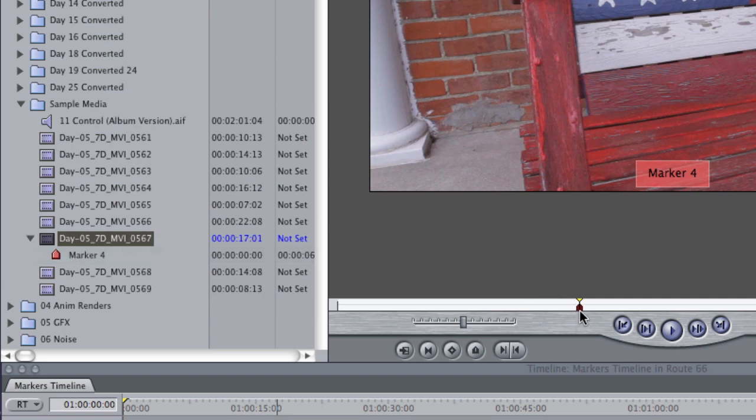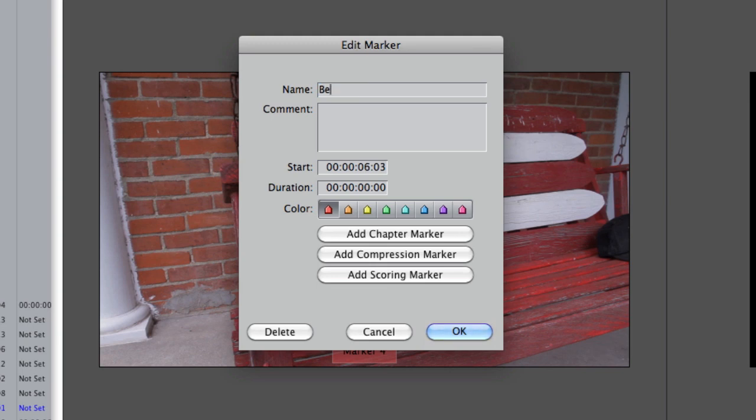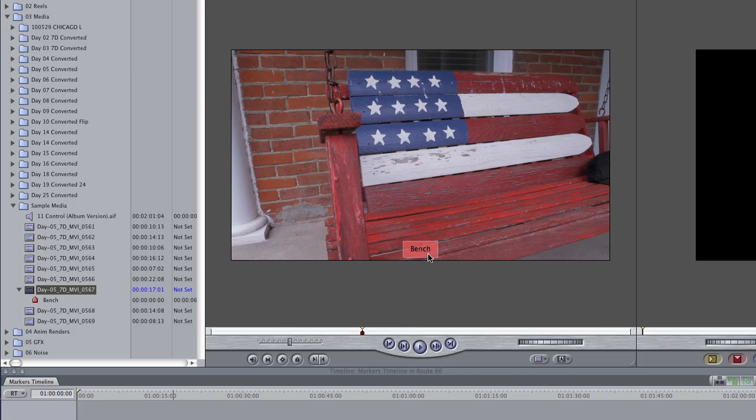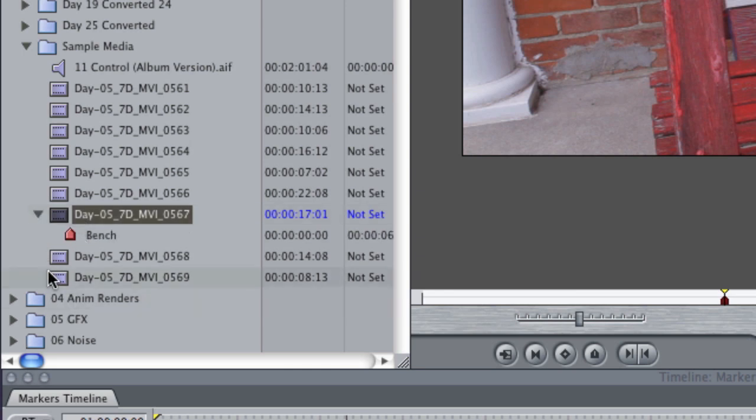But while I have the cursor on that marker, if I hit the letter M again, I can label it. So I can go, we'll call that the bench. Click OK. So now the label shows up here, and that's kind of handy. It also shows up here. It's also kind of nice if you open up a bin, you can look down and you see this little triangle and you go, oh, there was something here I like, and you twirl that down. Now you can add multiple markers to a clip too, but for now we're just going